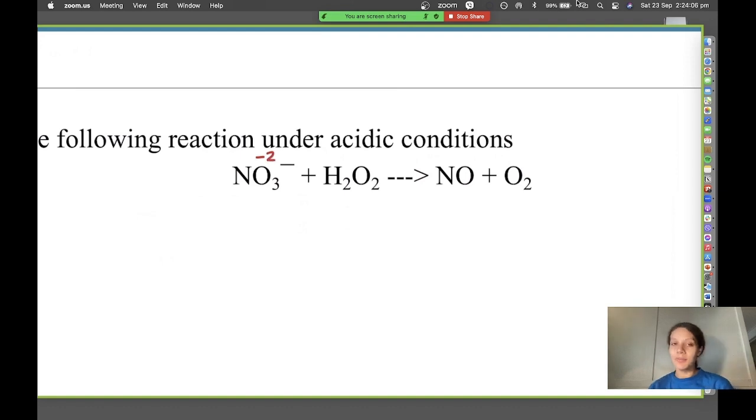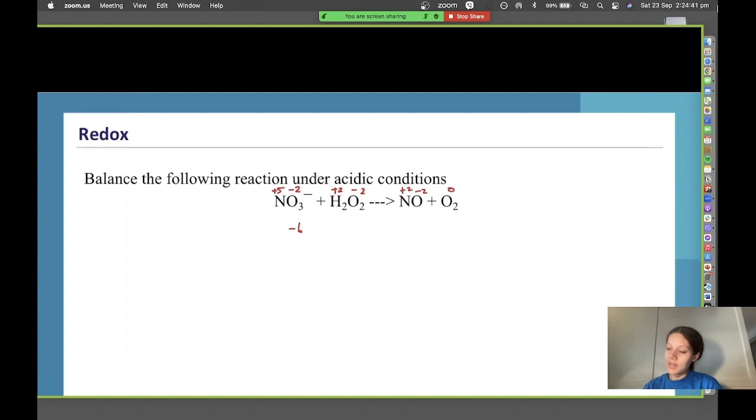So oxygen, we start off with the -2 automatically, then to bring it up to -1. So this is all -6. I'm going to add 5. Then we have H2O2, so our oxygen is our -1, and then hydrogen is our +2. So that's our peroxide there, where we have hydrogen and oxygen both in there. And then we have NO and O2, so 0, -2, +2. So if we jump to our half equations,